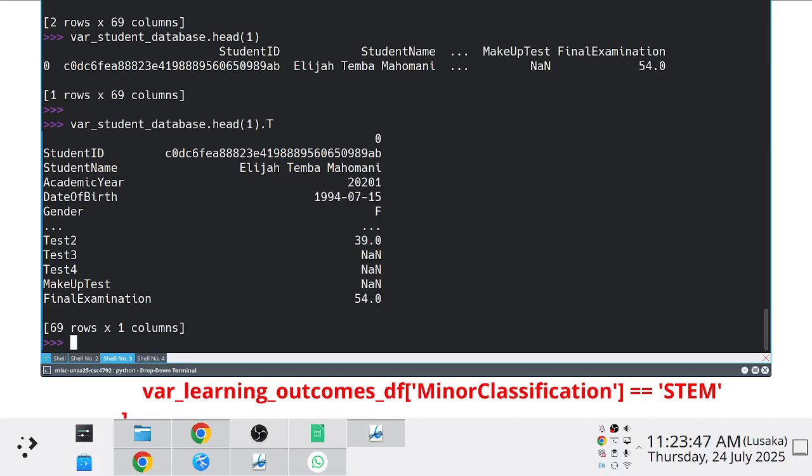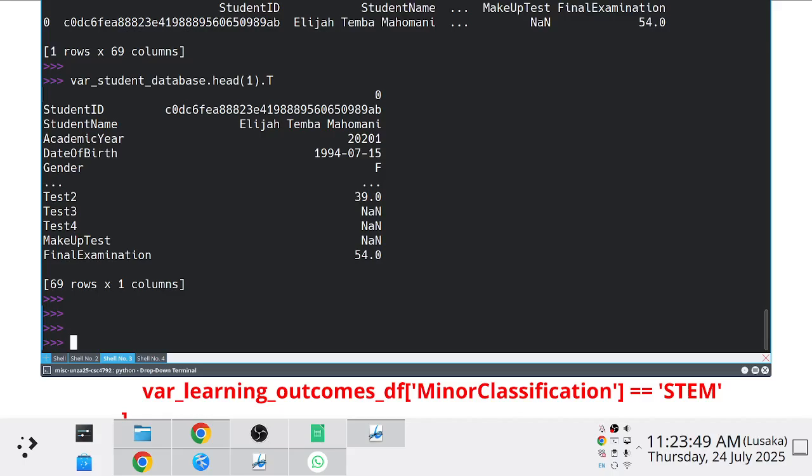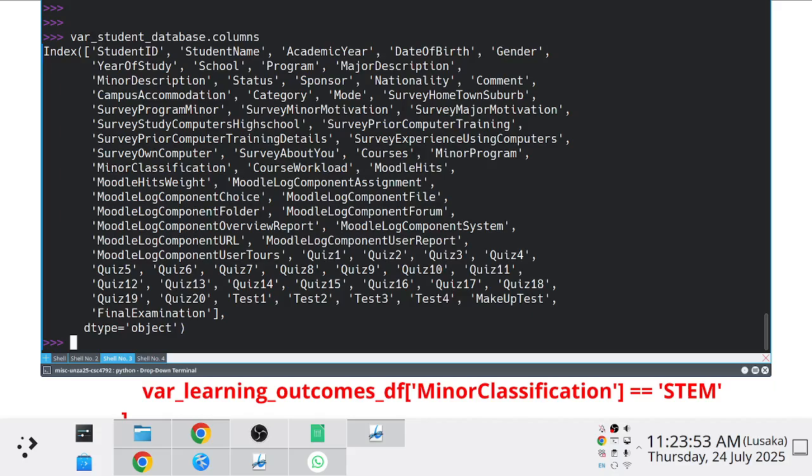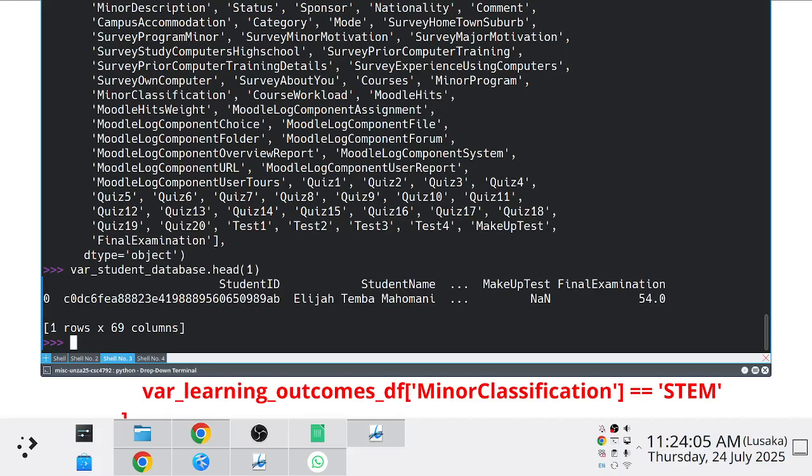Now, in terms of filtering, we said that if we know the structure of our data frame, what we can then start doing by way of filtering is identify the field on which we want to do our select or our filtering. The obvious one here, if we look at the head, and I know this data set because I created it, would be